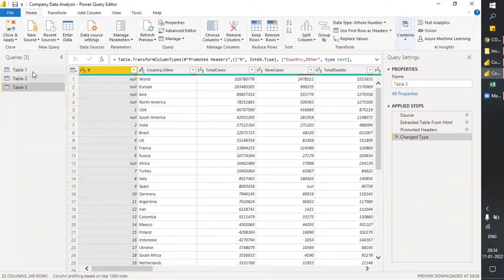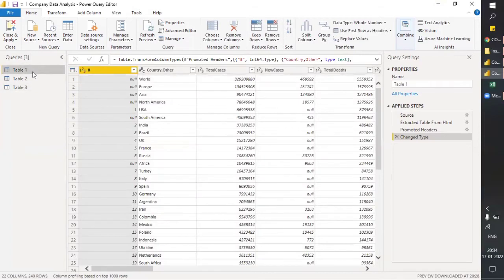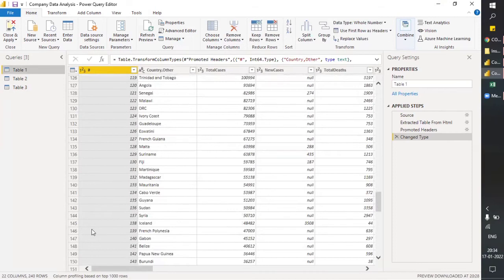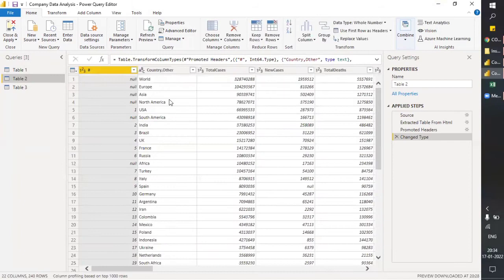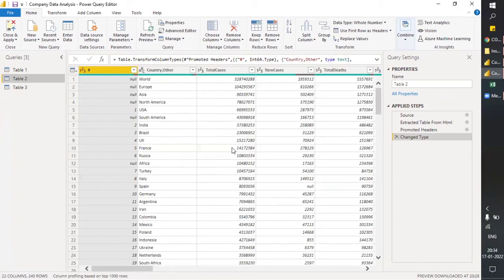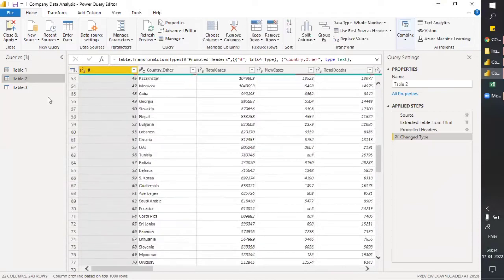So let's see here. Are these three tables the same? I believe it's the same. World: 240 rows, 22 columns. Yes, I think all three tables are the same, because on the bottom left-hand side it gives us the same column and row numbers. Even I matched this to the World number, so they are the same.